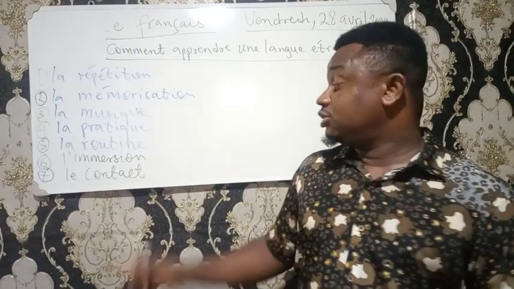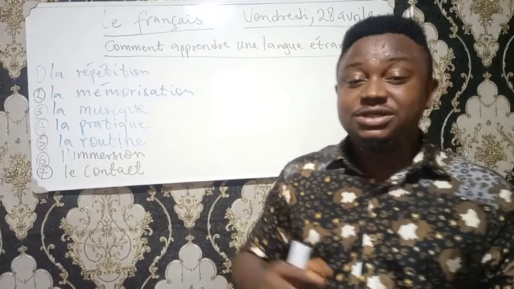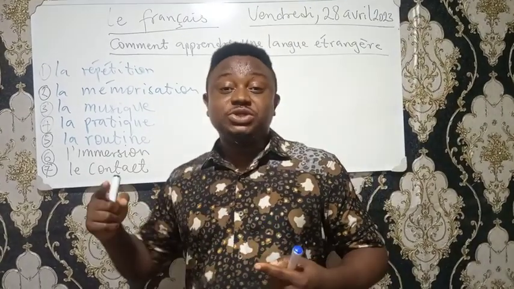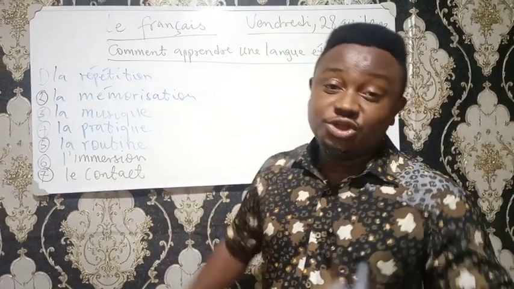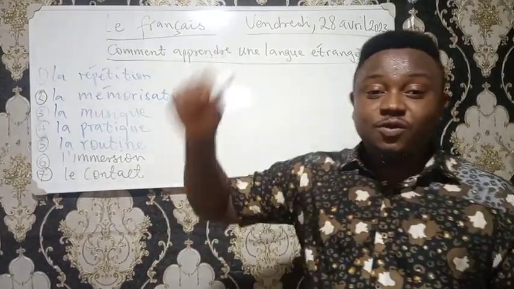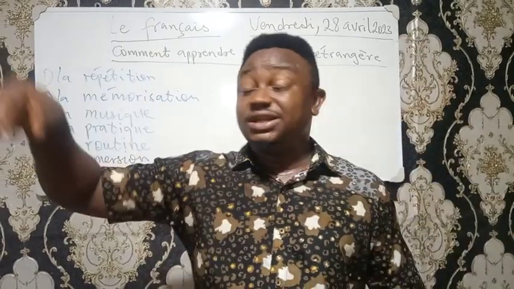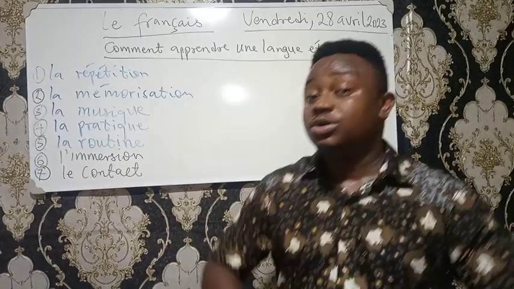So one thing happens with low contact: the number of contacts you have with that language determines the speed at which you're going to learn it. If you go to a foreign country and your contacts are not much, you will not speak that language. So you have to always create an avenue where you're always in contact with the language you're learning for you to be able to evolve.